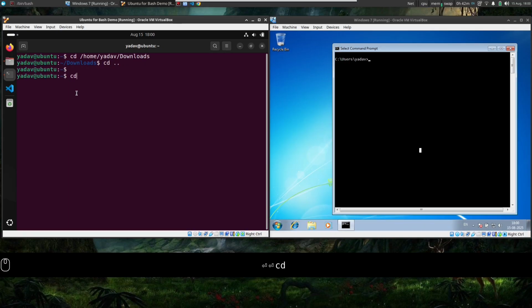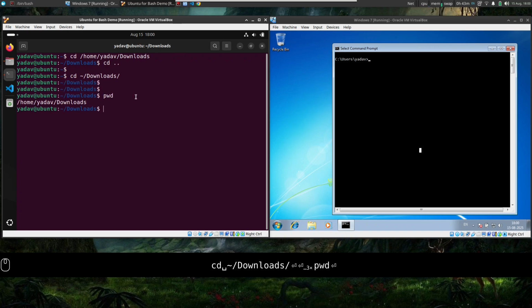The other method to shift is, you see, this whole is my home directory, right? It is abbreviated as tilde. So we can do cd tilde slash downloads. So you see, this part is representing this whole part, and from here I access the downloads directory. Enter. Okay, same thing. Now my present working directory is home Yadav downloads, which I did here as well and here as well. Both are the same, equivalent.